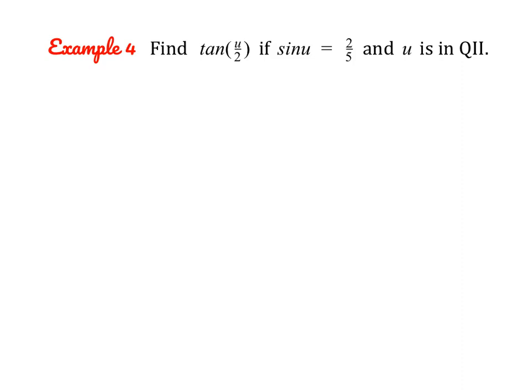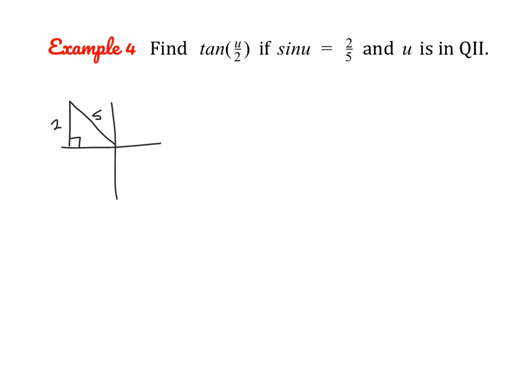Okay, here we have one more example to do together. We would like to find the tangent of u divided by 2 if we are told that the sine of u is 2 over 5 and u is in quadrant 2. Let's start by drawing a little right triangle because we know u is in quadrant 2. If the sine of u is 2 over 5, that implies that this is 2 and this is 5. If you do a little bit of Pythagorean theorem, we get that this value is